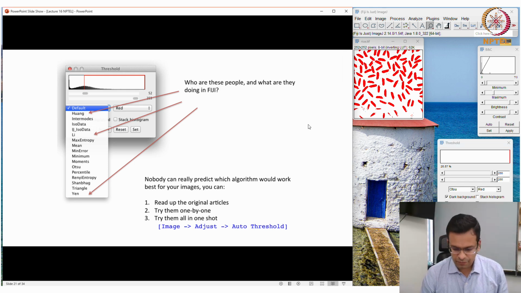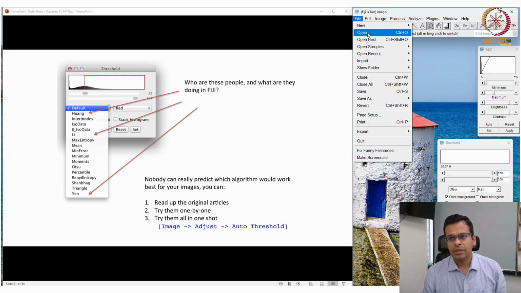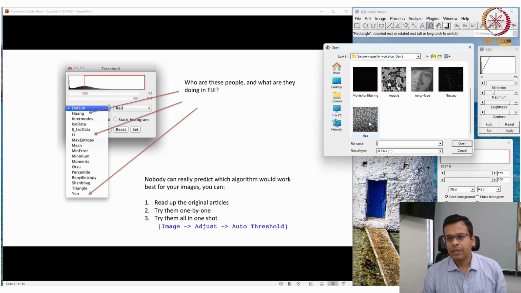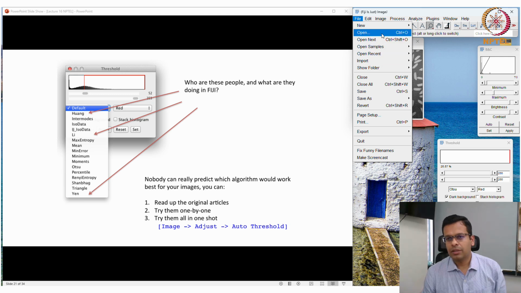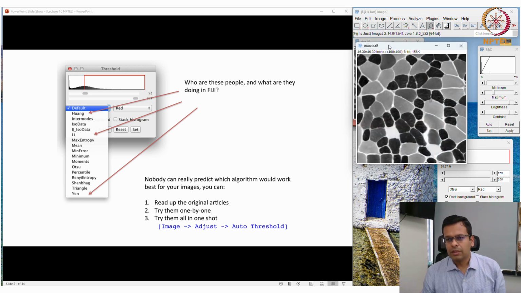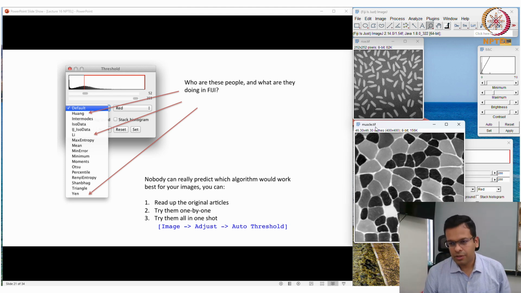So this is another function of image segmentation, known as thresholding-based segmentation. You have to judge the image by looking at the intensity values. So how will we decide whether to go for the thresholding algorithm? Let's say again I'll open that rice image, and I will also open another image, muscle. Now see, this is another image, muscle.tif. Now what will happen if I try to segment each of these objects based on intensity thresholding?